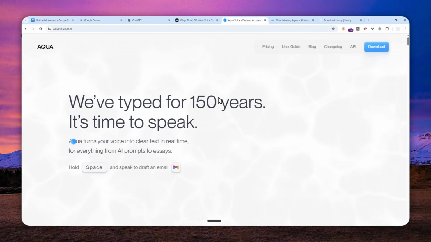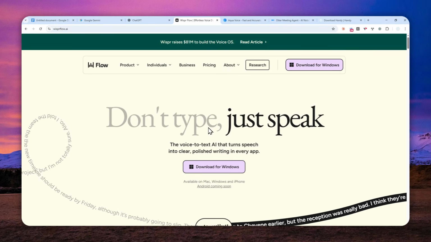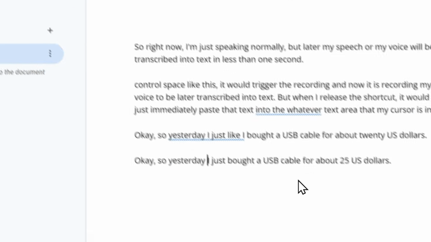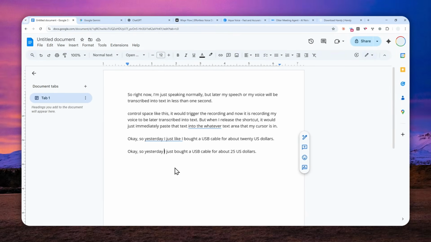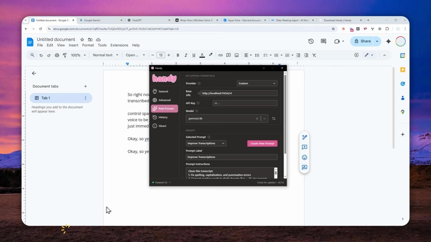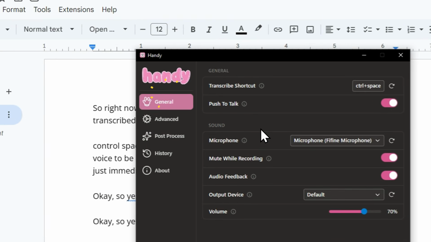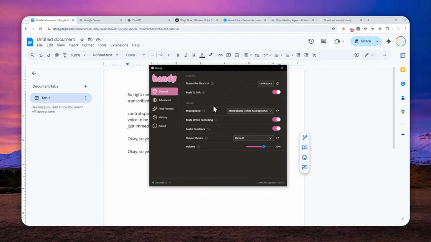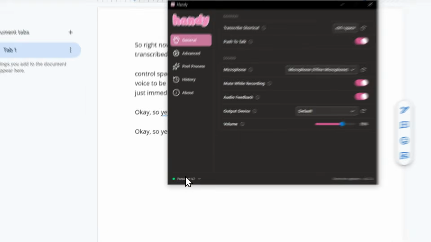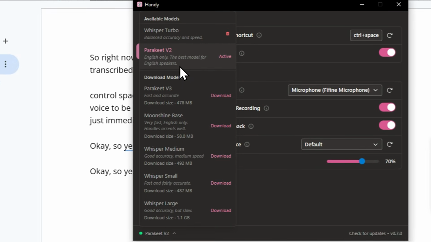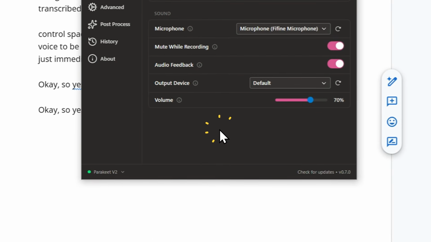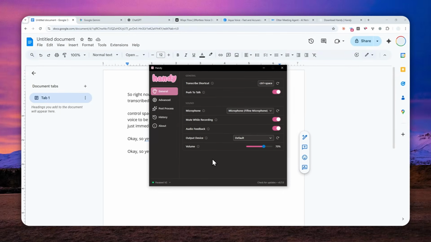But then again, it is running locally on my computer, which means the delay is a lot less and also everything stays private. I can work with this completely offline. So this is an amazing tool. I highly recommend starting to use this tool on your computer. If you don't want to type too much, you just want to save time, you want to prompt faster, this is one of the best ways to speed up your work. And you can play around with different settings, different models to see which one is the best for your speech pattern, language, or your particular use case.